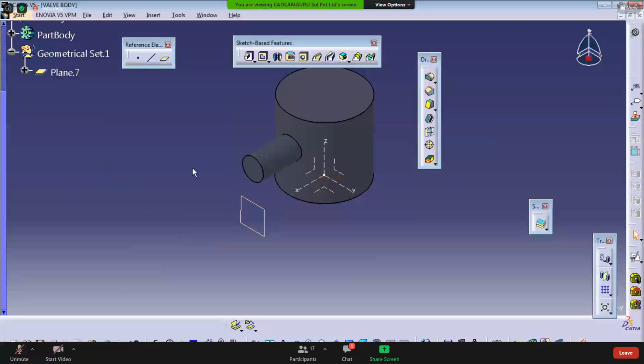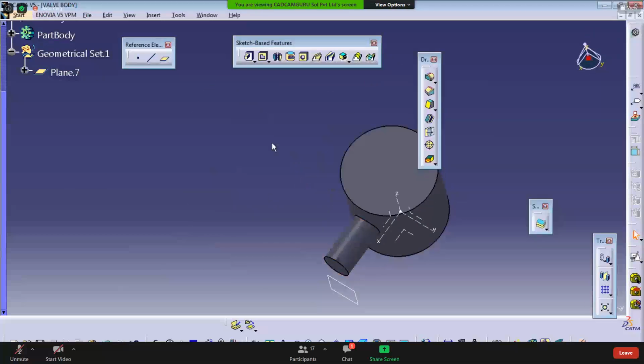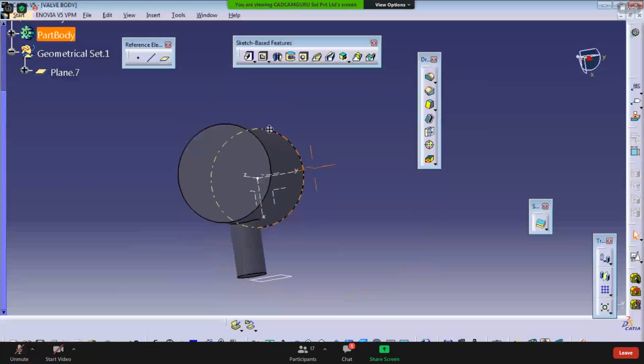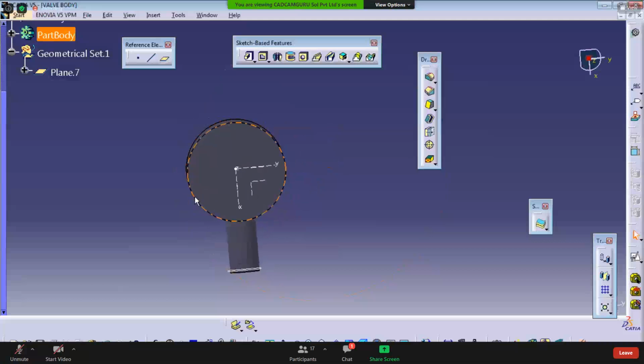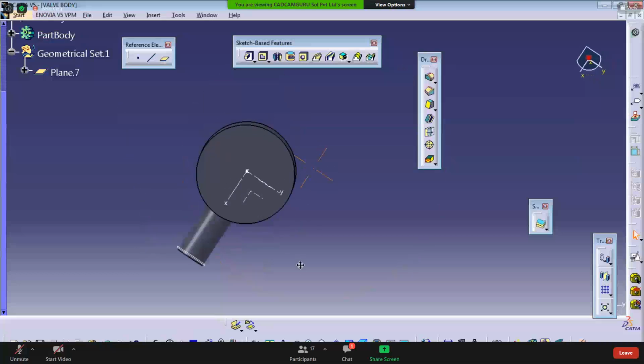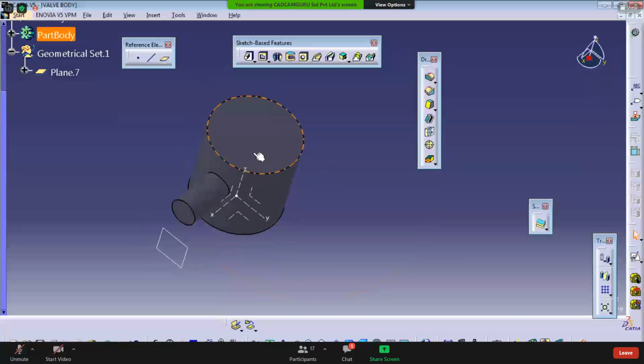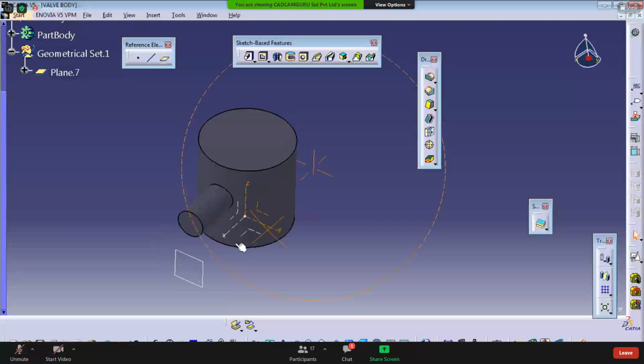Okay. Similarly, we want to apply this same boss at an angular position. So if you see it from the top view, you want to create the plane something over here, left side corner at a 45-degree angle. Then what we need to do, angle of 45-degree.